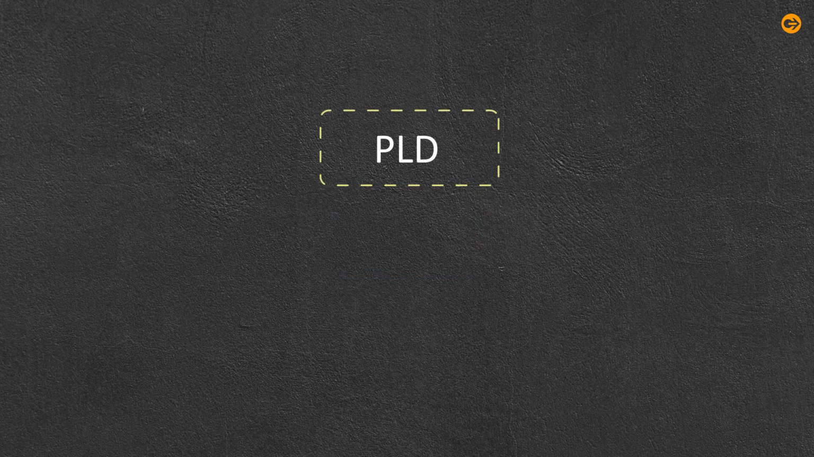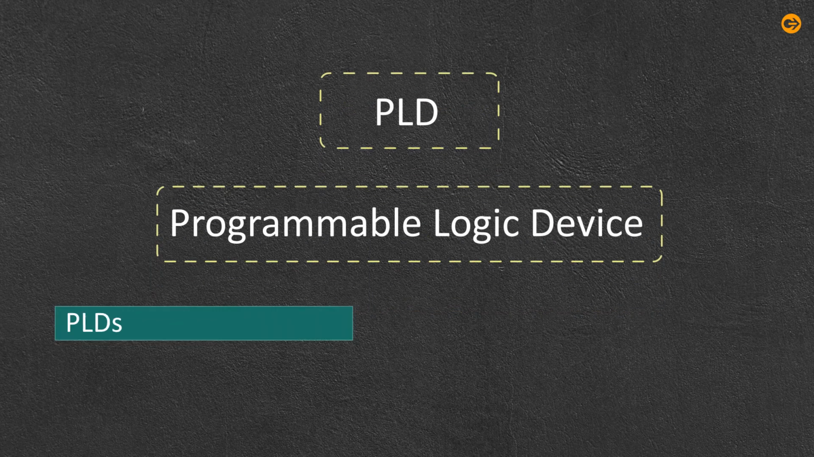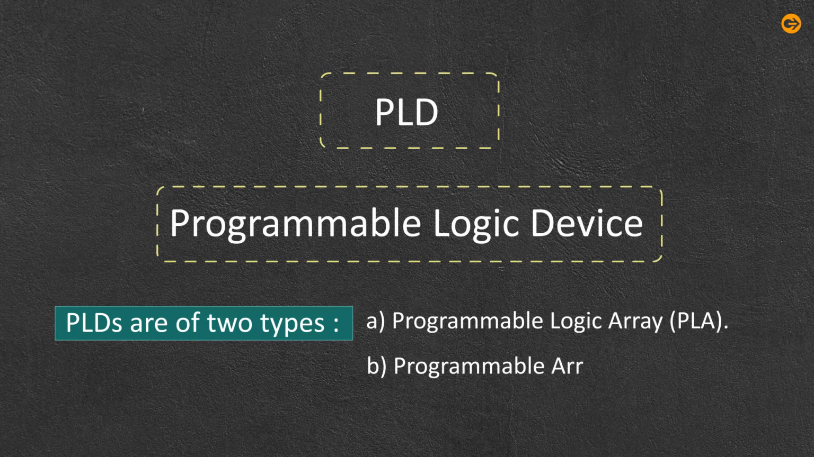A PLD or programmable logic device has an array of logic gates and interconnections, with array inputs and outputs connected to the device pins through fixed logic elements such as inverting and non-inverting buffers and flip-flops. PLDs are of two types: